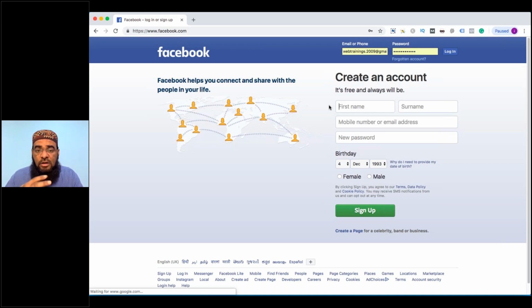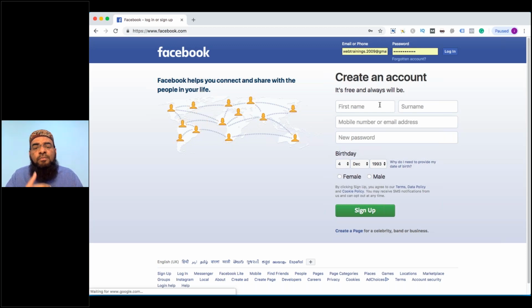My personal opinion, and the option I would like to go with in general for any client, is that we create a separate personal account for the client. Maybe in his name or any general name. It should look genuine, not a fake ID. We will have an email ID for the client, and from that email ID I will create a separate account for the client and give this access to the client. I also tell him to be active on this account regularly, so that he uses it for his interactions too. That way we get a unique account for the client on Facebook.